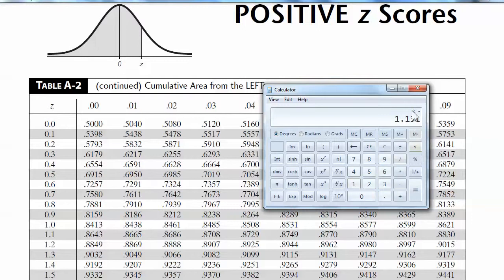Okay, so you take the x point, you minus the mean, x bar, and you divide that whole result. So I'll just go ahead and hit equals first, because I wasn't using parentheses. Make sure you're using the correct order of operations. And then you divide by the standard deviation for the set. So I should be looking up